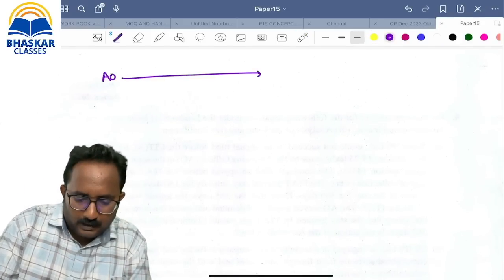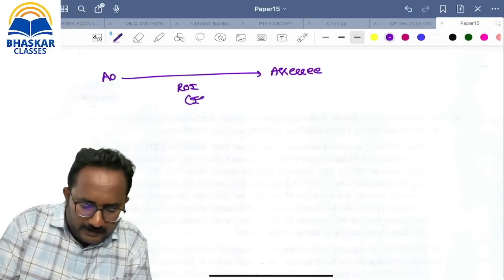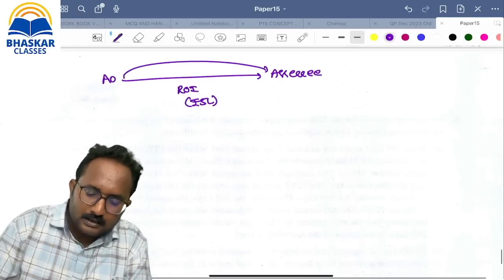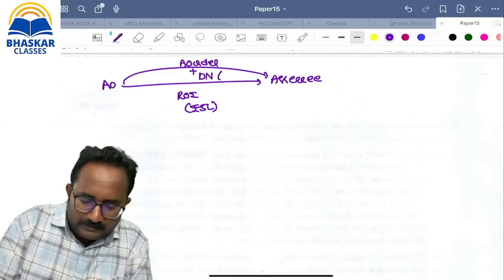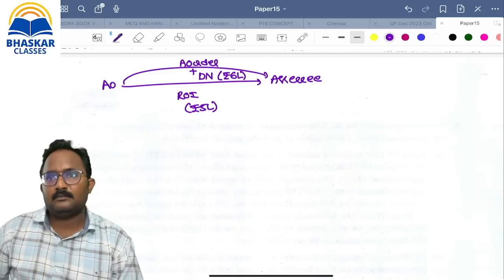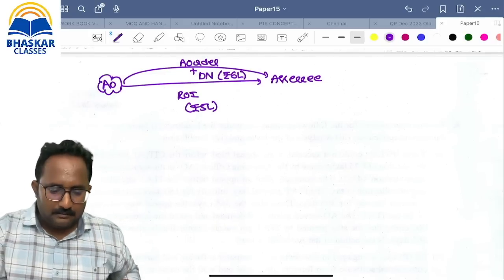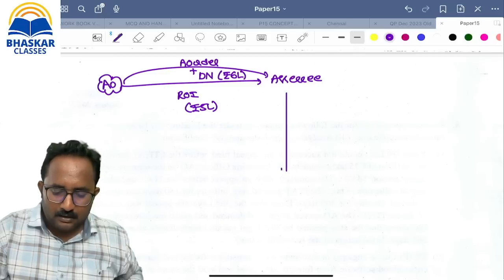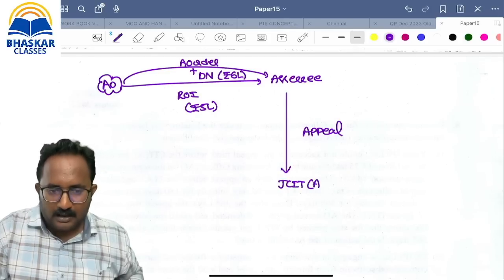AO and SSC. SSC files the return of income. What is the amount you paid as tax? 5 lakh. AO gave the order. The assessment order was given along with the demand notice. What is the tax liability mentioned in the demand notice? 6 lakh. Now definitely AO wants to collect the tax from the SSC, that 6 lakhs. Did he agree or disagree? Disagreed. Now he wants to make an appeal in front of whom, JCIT appeal or CIT appeal?